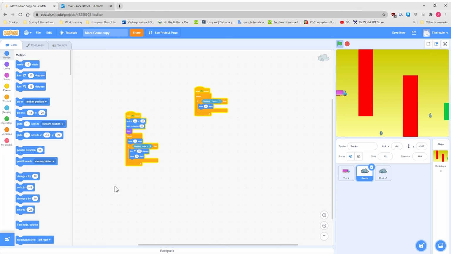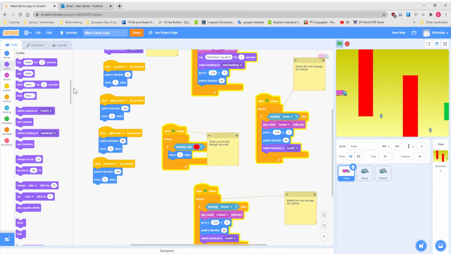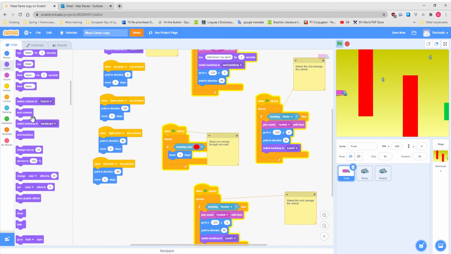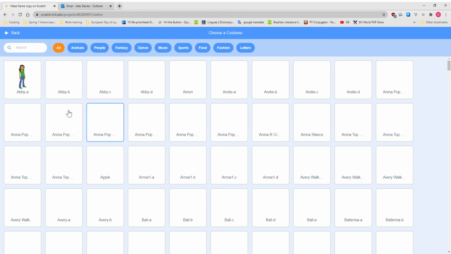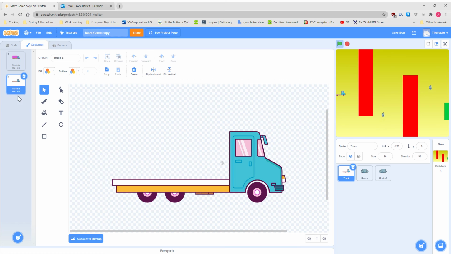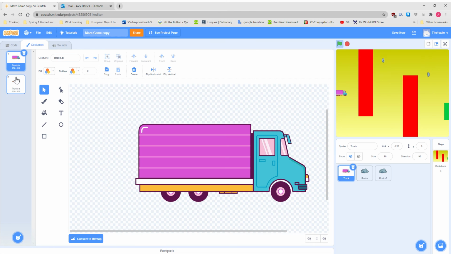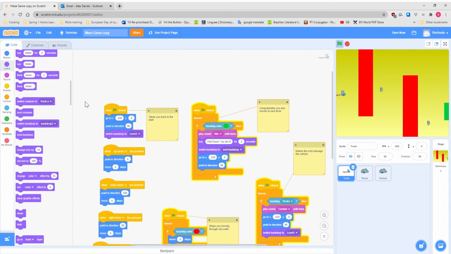There was one more thing I want to show you, which is that there is something you can do here with the looks panel, which is you can change the costume. And so if you wanted to, you could go to costumes, and you could go to the truck, then you could have something like truck A, and you could do something where it has to pick up the box, for example, and then when it does, it transfers. And the way you do that is you'd say something like, you start with this one, and you want to say start at,